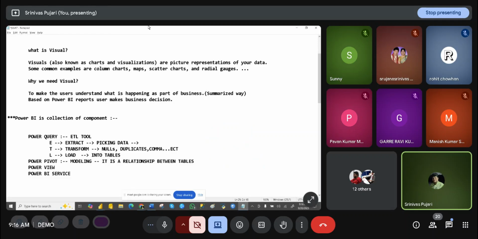So the question: why do we need to have the relationships? Let me give a simple real life example, guys. Suppose you are making a chicken curry. You take all the ingredients and mix them well: the ginger paste, all the masala, the salt and mirchi powder, everything in the correct quantity. But if you add anything extra, like more salt or more mirchi powder, the taste will be gone, and then the user is not happy. User means your customer is not happy, right?